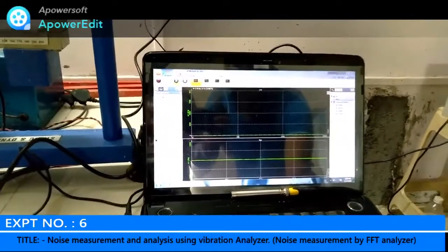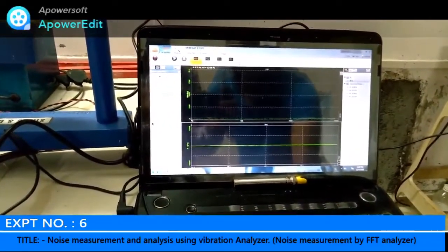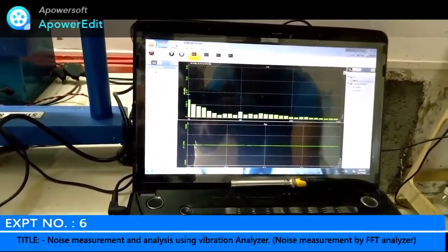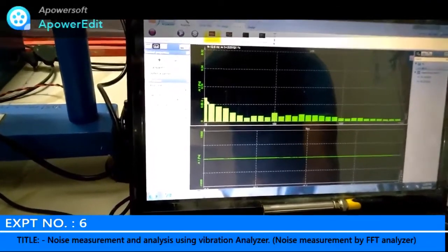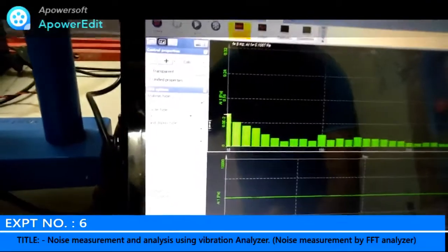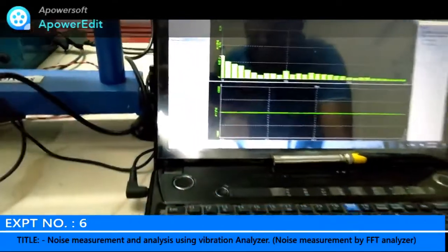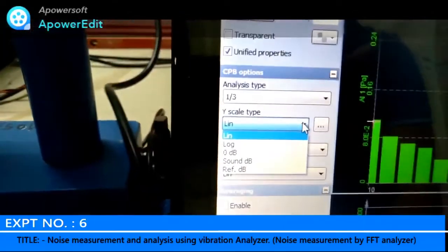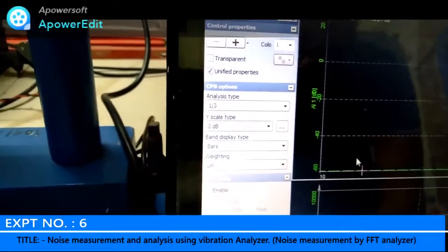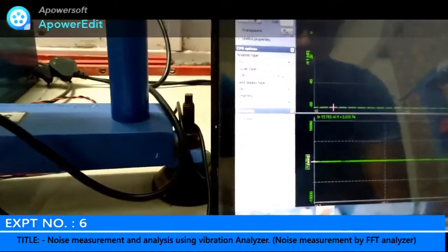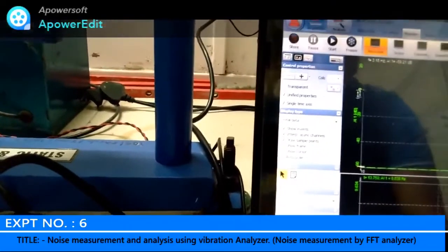Now stopping this, we double click over the recorder. This is the octave band, which is giving you values in Pascals right now, but we need to change the scale in the Y scale. So we are selecting sound dB, and you will be able to get the actual noise level.